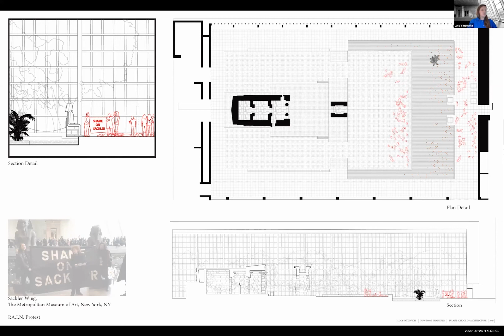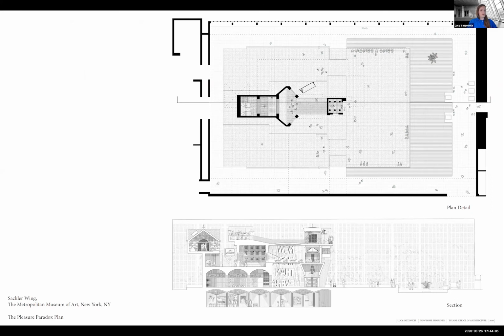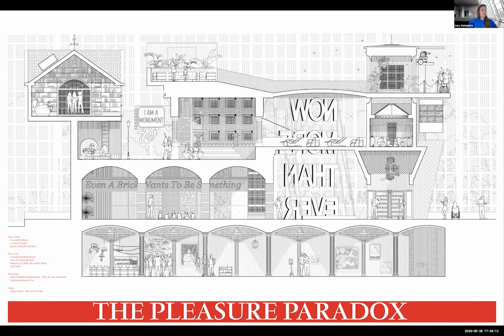The Met Sackler serves as a site and has been donated as part of their opioid reparations initiative. Here are the uses of program altogether and the new intervention for the exhibit, The Pleasure Paradox. So in this example, the Temple of Dendur has been removed. However, several of the programs have been kept, including the offering hall, the sanctuary, and the crypt.